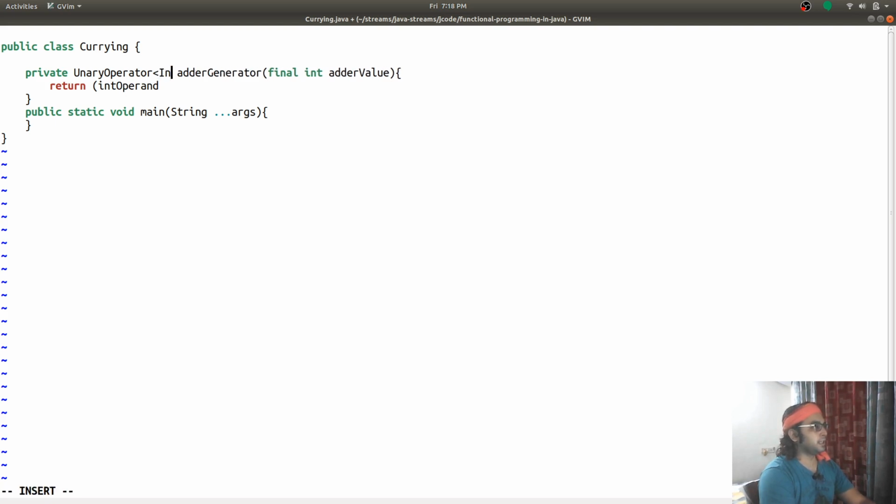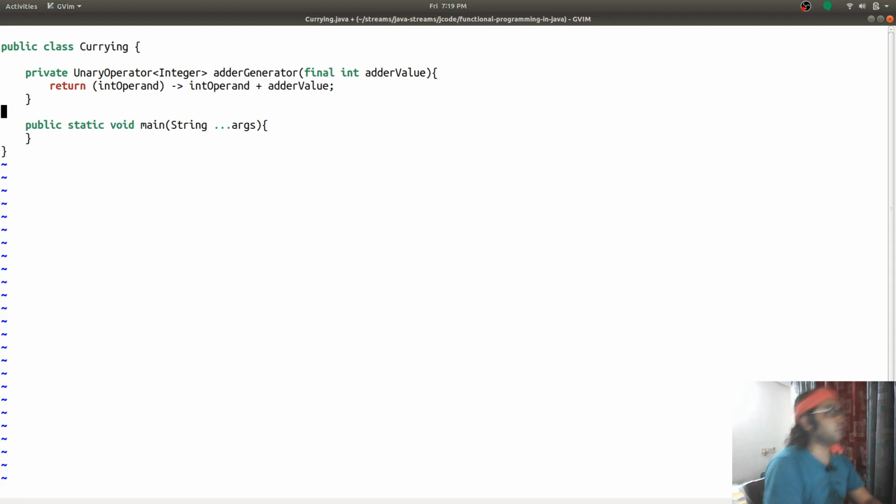I will say int operand plus adder value, and this is our function. Now our function is curried.